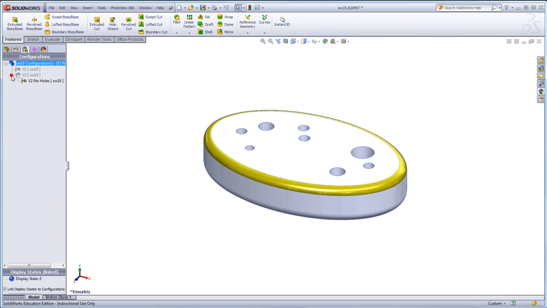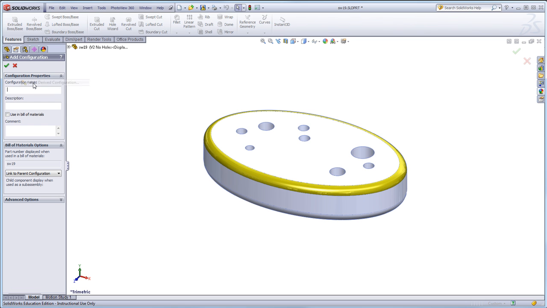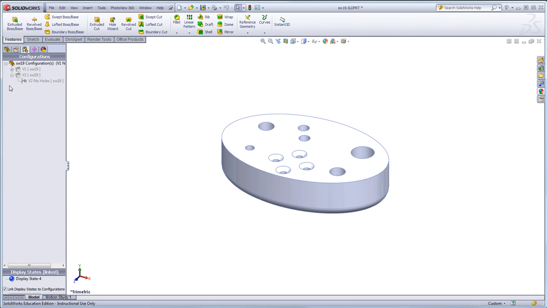And if I click on the plus mark here, you can see that it's underneath. I'm going to right-click on version 1 and add a derived configuration. And I'm going to call this V1 no holes. So you can see now that version 1 has a child underneath it, and version 2 has a child underneath it. A derived, or as I call them, child configuration, will have all the same dimensions and features as the parent